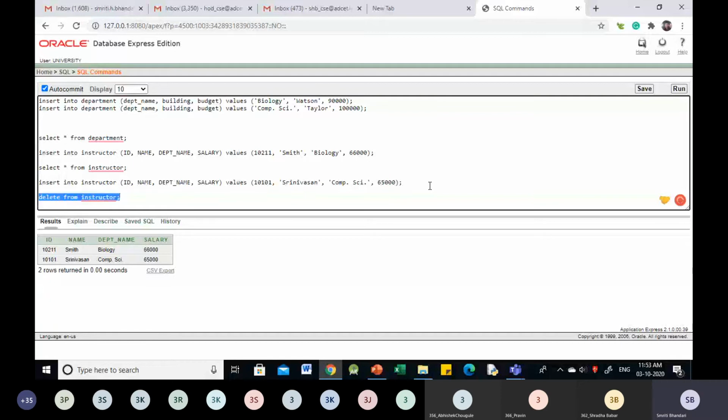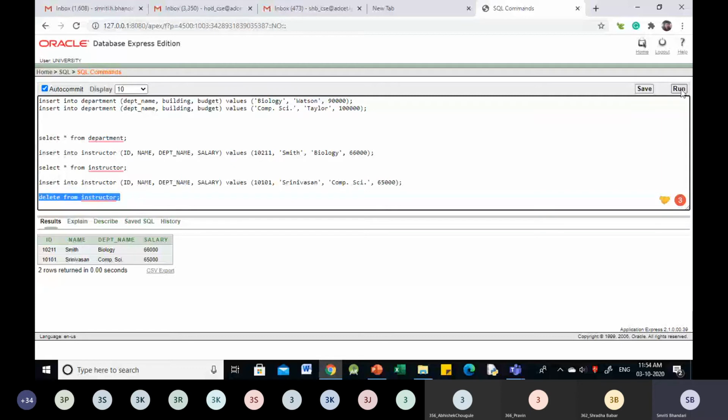What will happen if I execute this statement? It will delete all the records from the instructor. Right now how many records do we have? Two records. So if I execute this statement, both records will be deleted from instructor table.